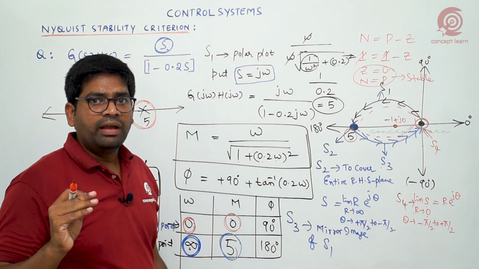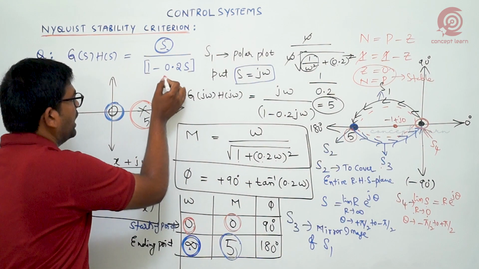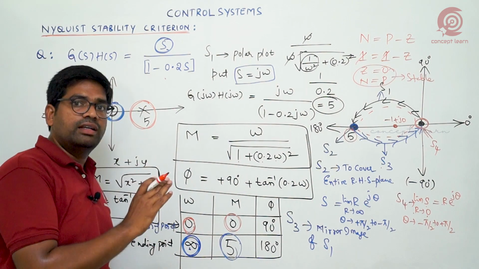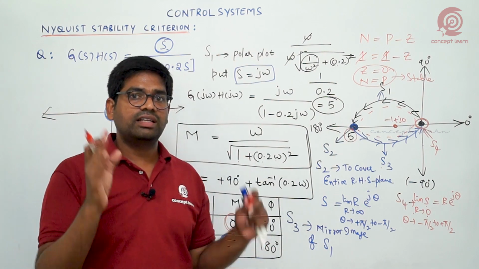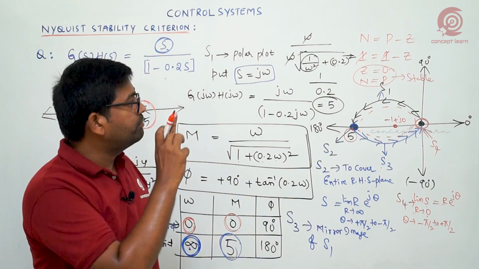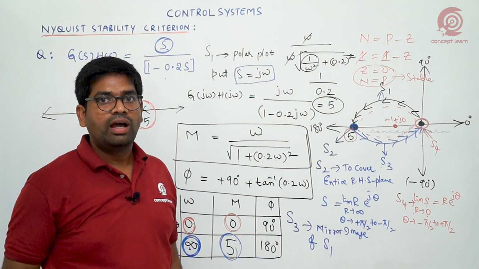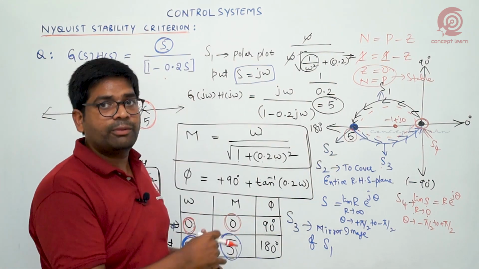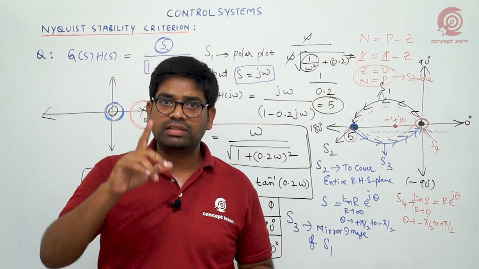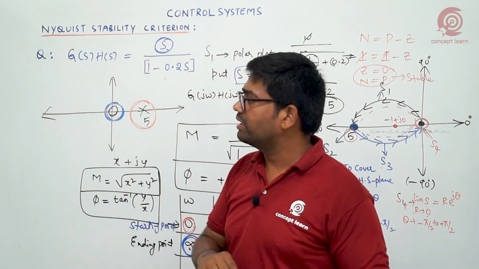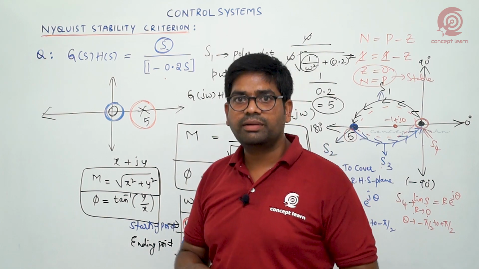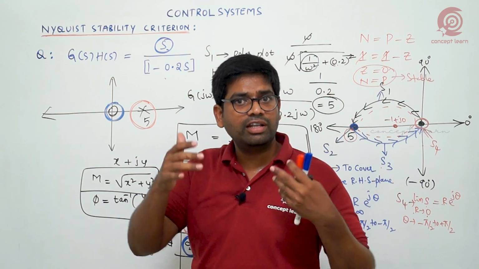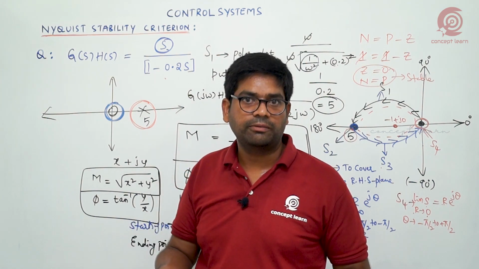Look at here. By just looking at this transfer function, generally people feel a pole is located in the right-hand side, so they decide directly the system must be unstable, but it is an absolutely stable system. Again, how can you find it without doing this lengthy procedure? You can follow even the RH stability criteria. If I follow the RH stability criteria, how to follow that? Definitely you should construct a characteristic equation.